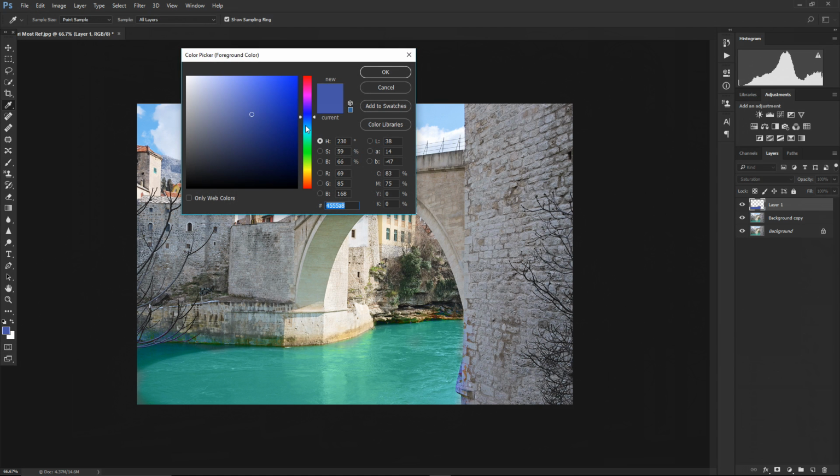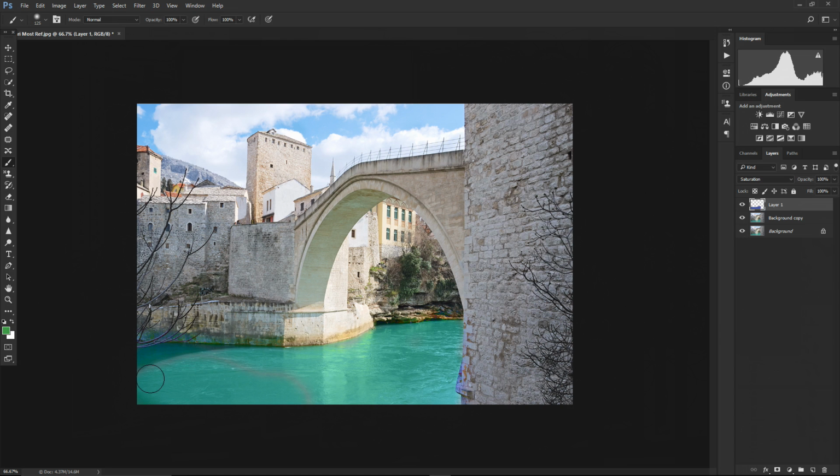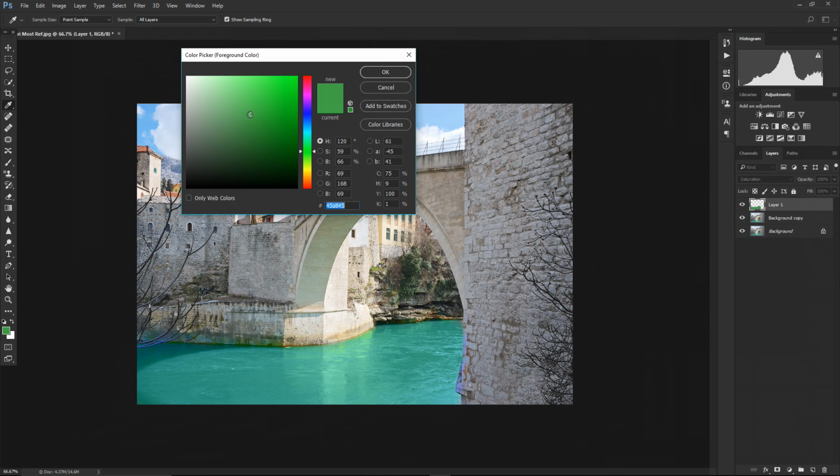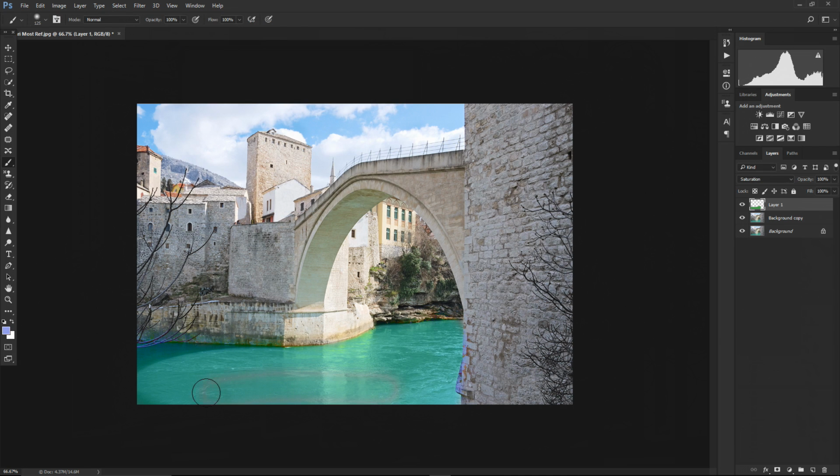I can click again and change the hue to green. And I'm painting again, but still no change. If we want to see any change, we would have to change the saturation of our chosen color. So let's choose some less saturated color, but mind you, you will have to use something far less saturated to actually see the difference. So I'm switching to this blue and a little bit less saturated color, and there is